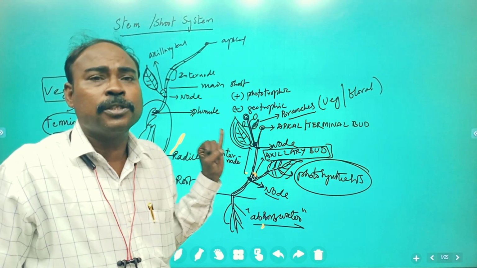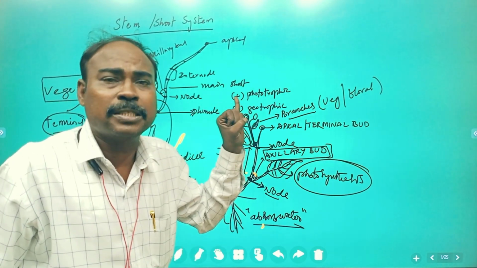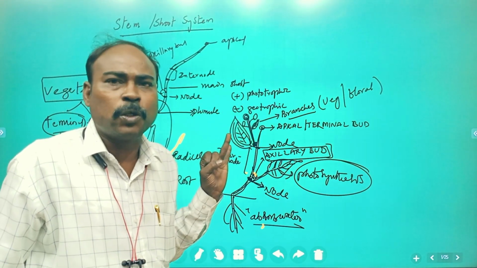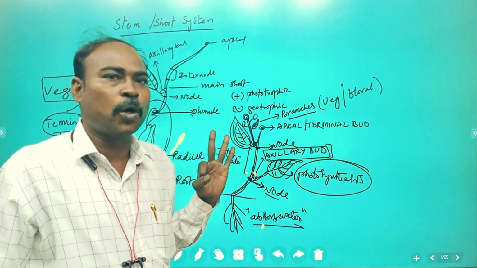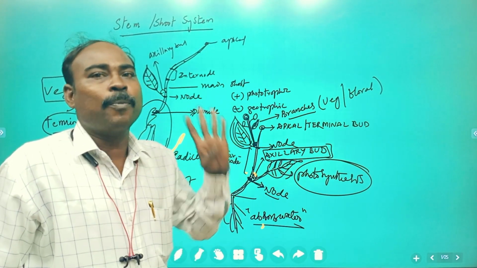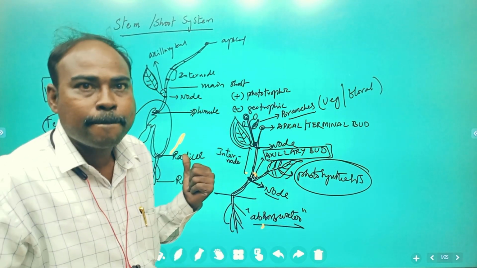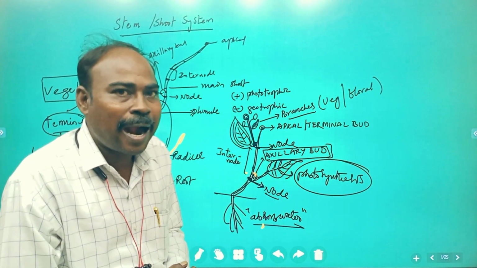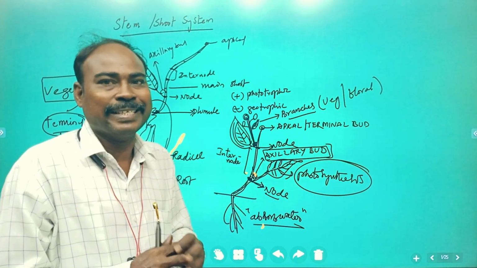So the aerial parts of the plant, that is the shoot system, are responsible for translocation of water and minerals from the root to almost all parts, and responsible for producing leaves, which are photosynthetic, and for producing branches and flowers, which are reproductive units, and produce fruits and seeds. So the aerial shoot system is very important for plant growth and survival, and also for producing novel offspring through a process called fertilization.